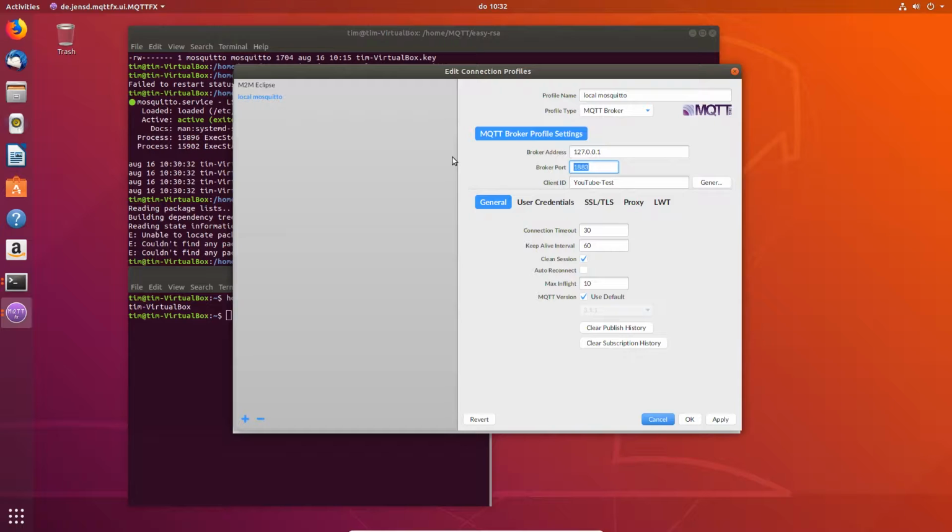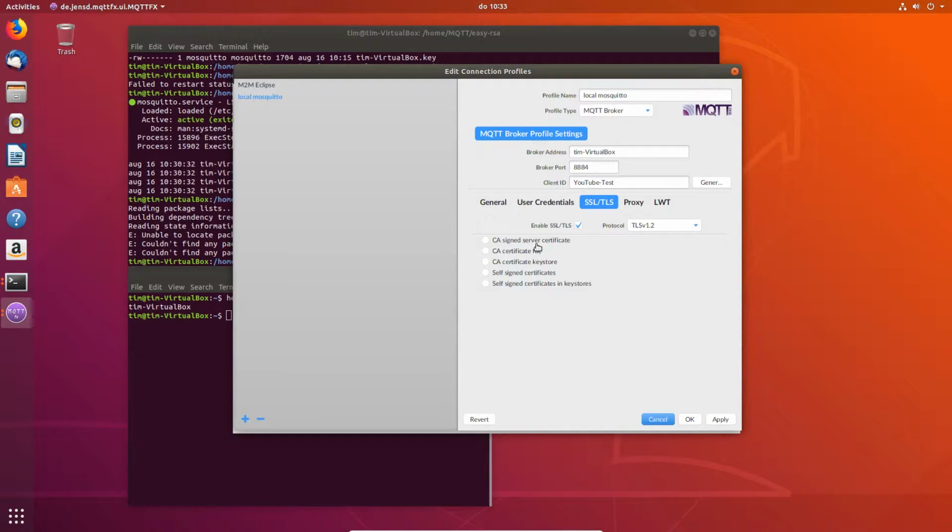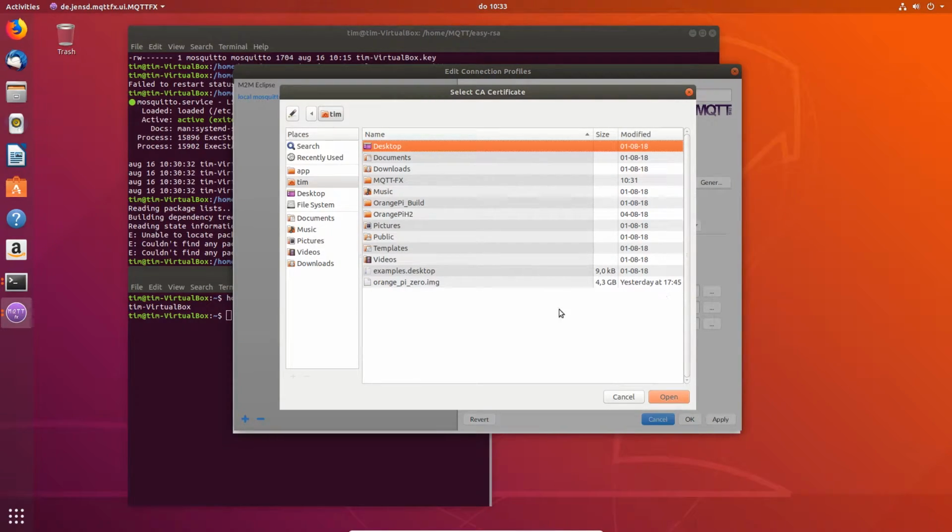So also for the broker port, we have denied port 1883, so we need to use 8884. The broker address is also not what we want, because the verification will fail right now. We need to enter our host name. So now go to user credentials, make sure that's empty, enable SSL/TLS, and self-signed certificates, this one, not the other one, and